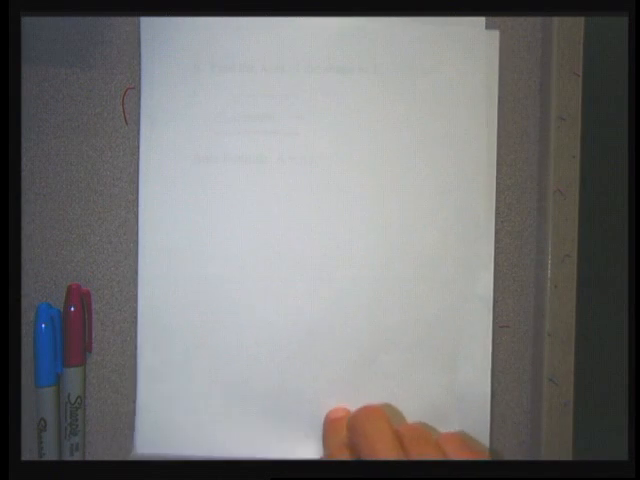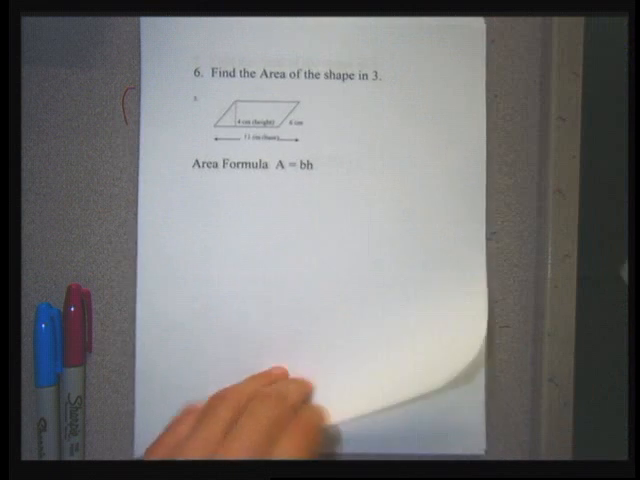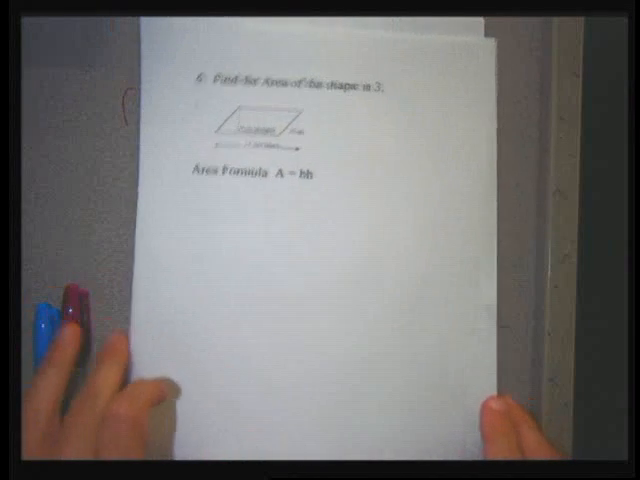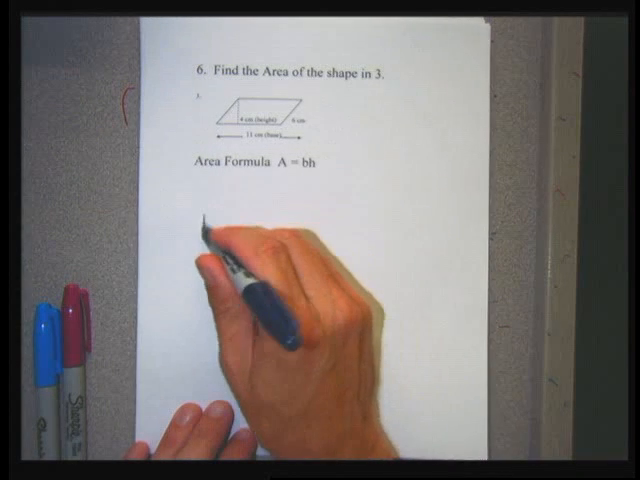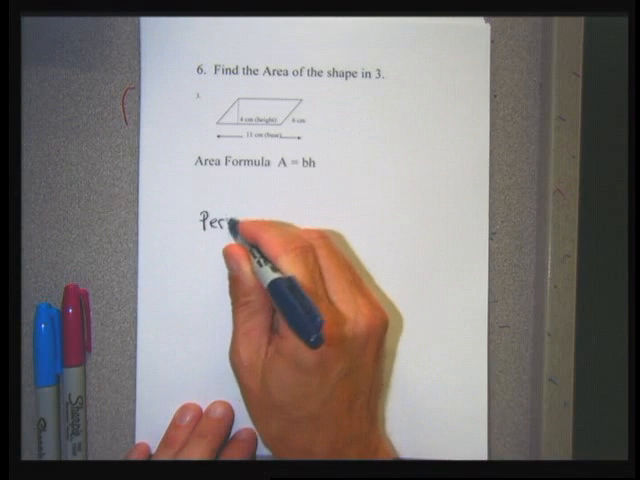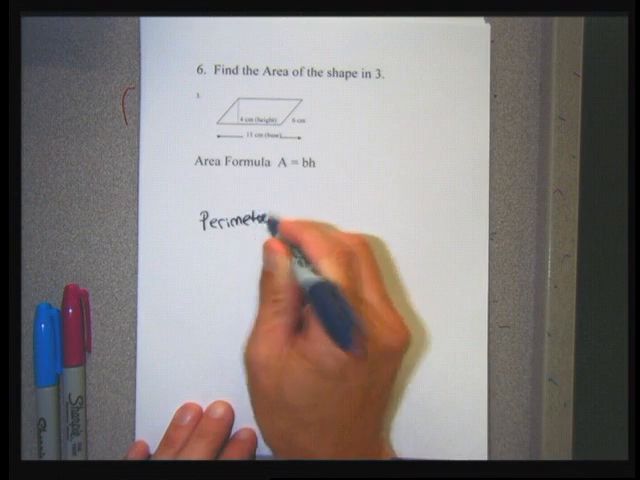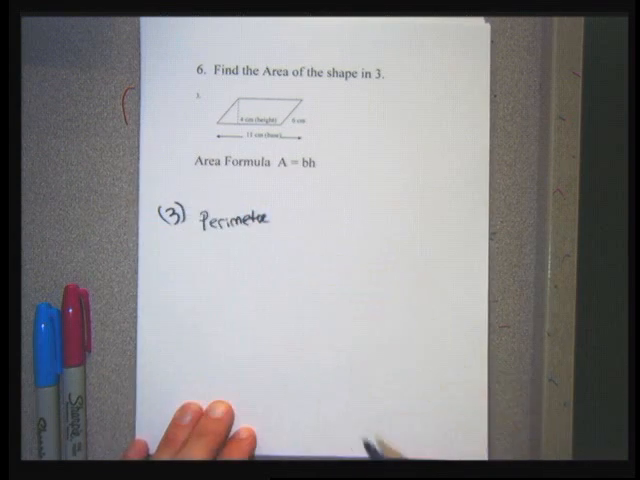So I'm going to probably do 3 and 6 together and 4 and 7 together, because 3 wants me to find the perimeter of this parallelogram, and 6 wants me to find the area of the same shape. So to do the perimeter, which is the actual number 3,